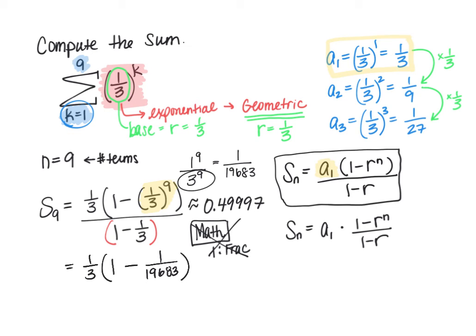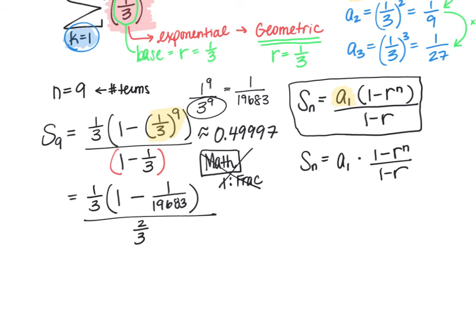19,683. Now in the denominator, we have 1 minus 1/3. We can go ahead and simplify that to just be 2/3. Next, we need to actually go ahead and subtract these fractions here. 1 minus 1 over 19,683. So think about a common denominator. That's like 19,683 over itself. So that's equivalent to 1 minus 1 over 19,683. Therefore, that portion is going to simplify to just be 19,682 divided by